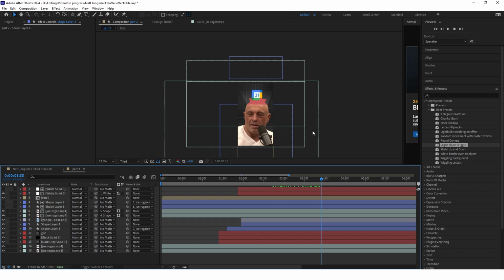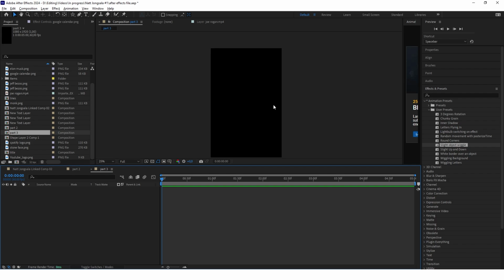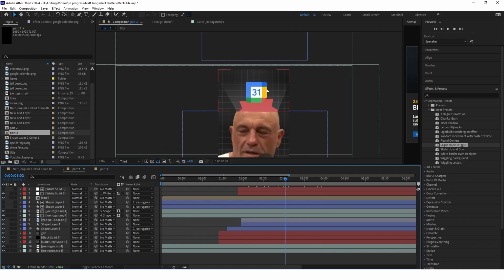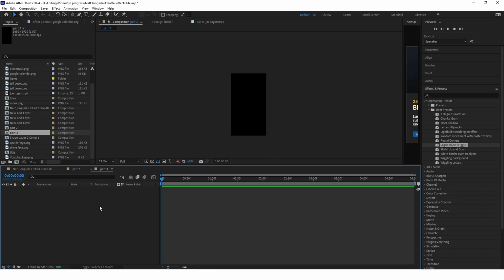So now let's move to the third part of this reel. And now, since between the second animation of this reel and the third animation of this reel there is no transition, I'll just create another composition just to make it easier to manage. The first thing that we have to do is to create a background. So basically this is the same background as in the part 2, but this time it's not gray, but it's blue. And so you already know how to create this background, so I will not show you that. So I will see you when I create this background.